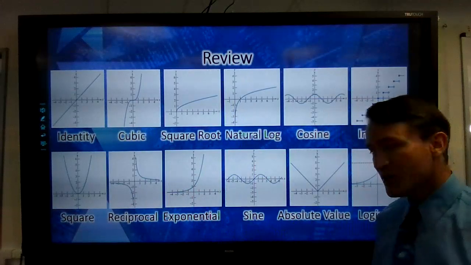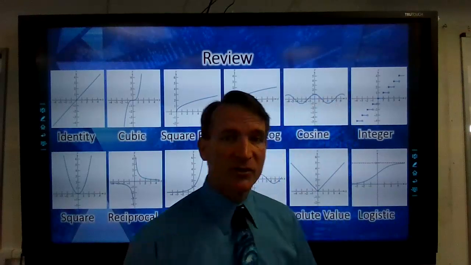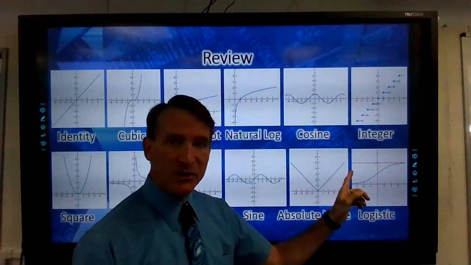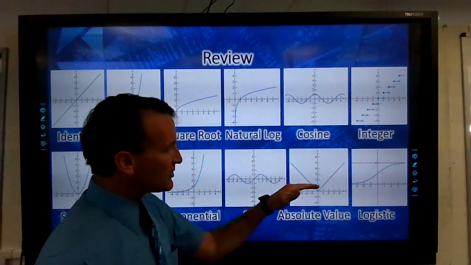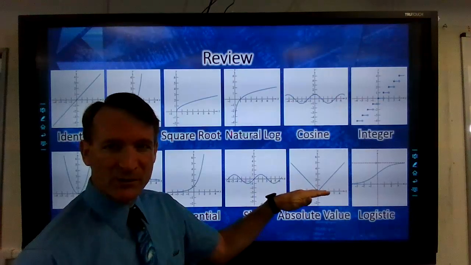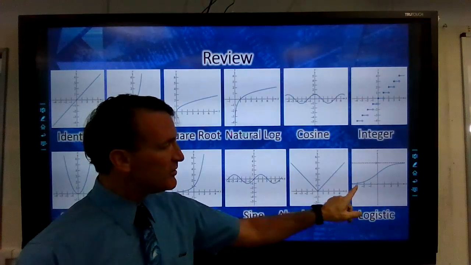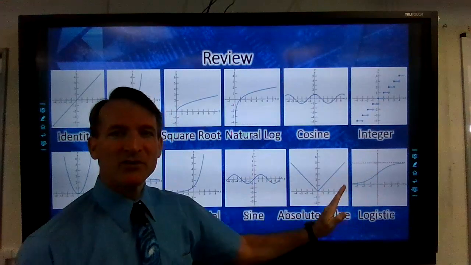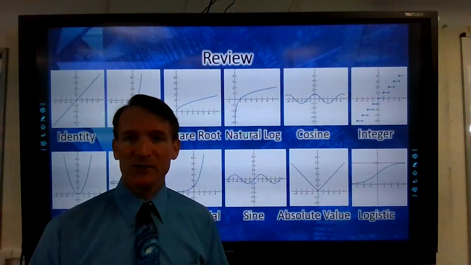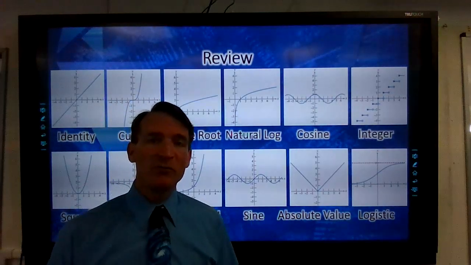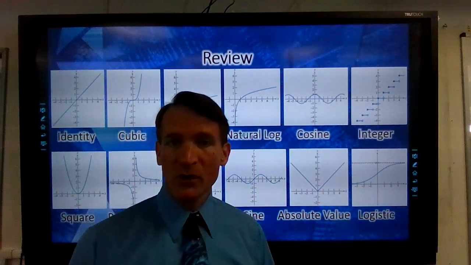We already talked about the sine function. The absolute value function is unique because it has the V shape. And then we have the logistic function, which has two asymptotes. It has a lower asymptote. It grows what seemingly is exponentially, but then it starts to taper off and goes closer and closer to a second asymptote. So those are the 12 basic functions that you want to know,